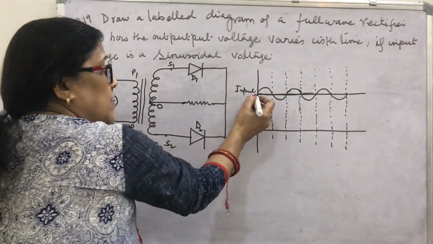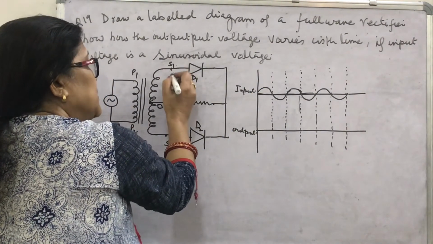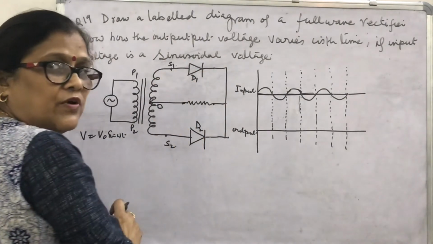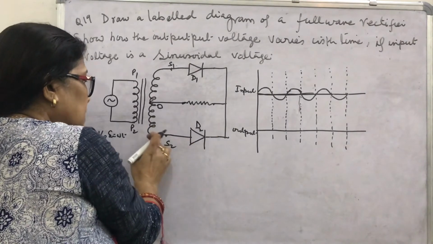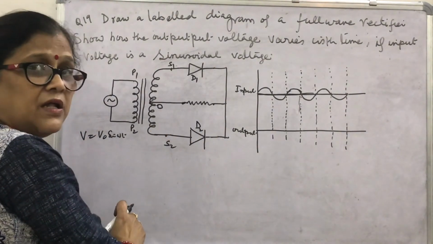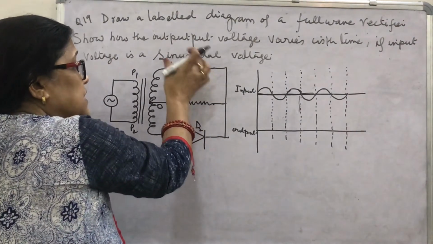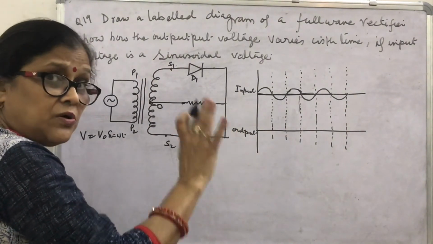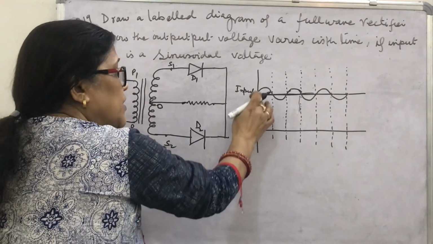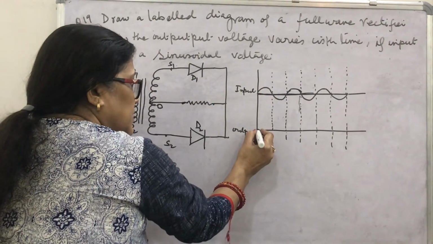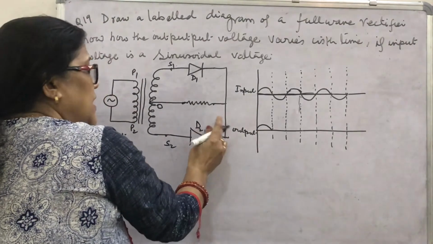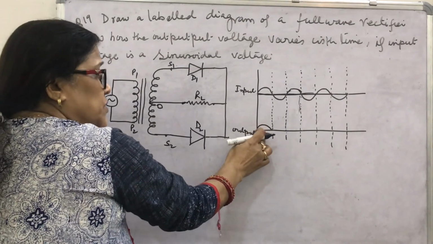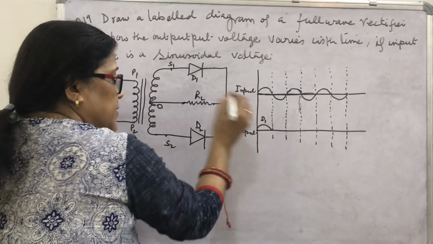So what happens for the first half cycle? When S1 is positive, the P side is positive, so D1 is forward biased, and since S2 is negative, D2 will be reverse biased. You know, when a PN junction is forward biased it conducts, when reverse biased it doesn't. So you will get current in the output due to D1. So you see the voltage is obtained across the output, this load resistance RL, like this. Due to which diode? Due to diode D1.